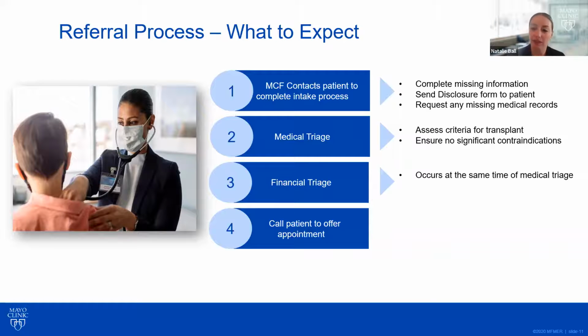If we haven't already received it, we will send a disclosure form to the patient that notifies us that they approve sending any medical records to our institution and that they're okay with that. And of course, if there are any missing medical records that we don't have, we'll request them at that time as well. Once that intake process is completed, we will begin the medical triage portion of the process,